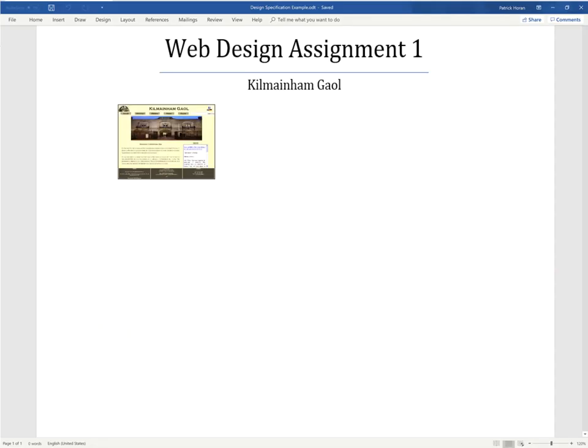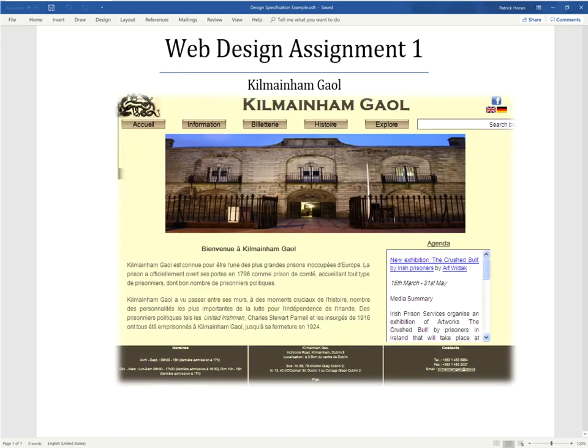So what I'm going to do is show you an example of Kilmainham Jail and what they've done, okay? So their homepage looks like this. And this is the storyboard version of it. Now, if you look across the top, this is the French storyboard version of it, but you can see the general layout of the site. Okay, they have their title on the top,